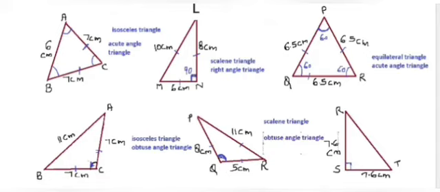Here we have the next RST. In this we can see again angle S is your 90 degree. So again when it is 90 degree, we will term it as right angle triangle, and two sides are equal. Here you can see 7.6 centimeter. So again it will be isosceles triangle. So I can term it as isosceles triangle, or we can term it as right angle triangle.